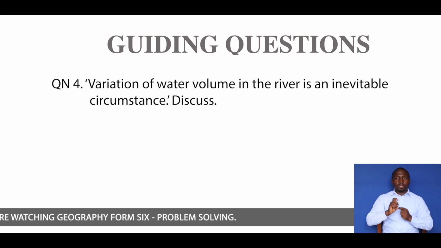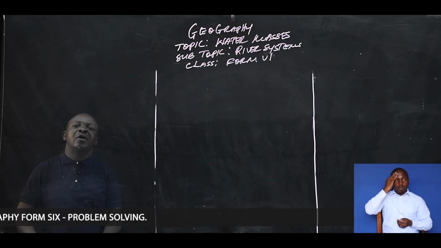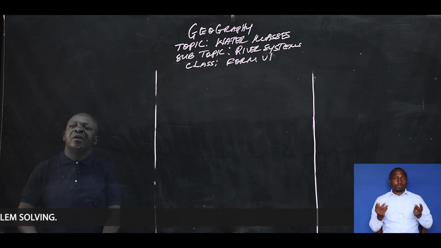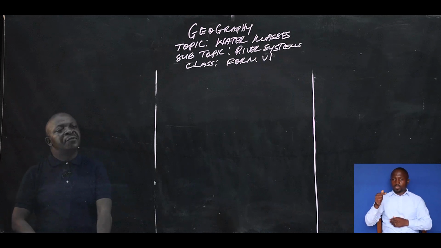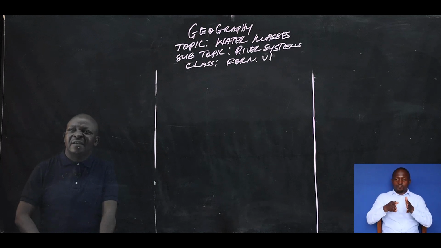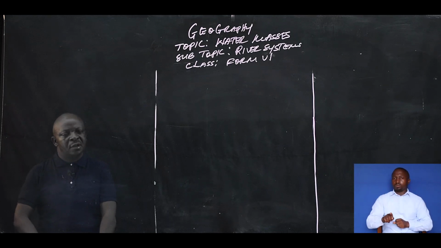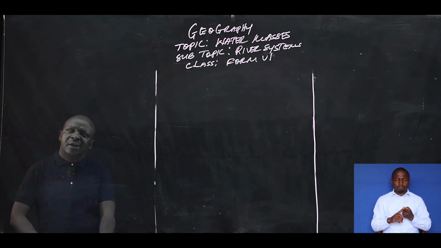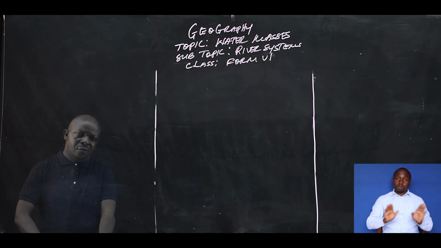If we can regard what we had with question number 3, we are now much aware of the variation of water volume. The same as to say fluctuation of water volume as we had in the concept of river regime. But there we are asked whether it is an inevitable phenomenon or inevitable circumstance. So you should judge in your mind if that is an inevitable circumstance or not. Of course,